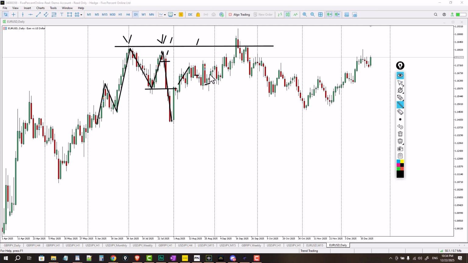We have another one form here. So I might just take a trade here, a bearish trade, a sell trade, and then my stop loss is going to be here above this resistance. Because the logic is that if for whatever reason price is able to break above this resistance, then it's highly likely that price is going to continue to the upside. That's the reasoning of a typical retail